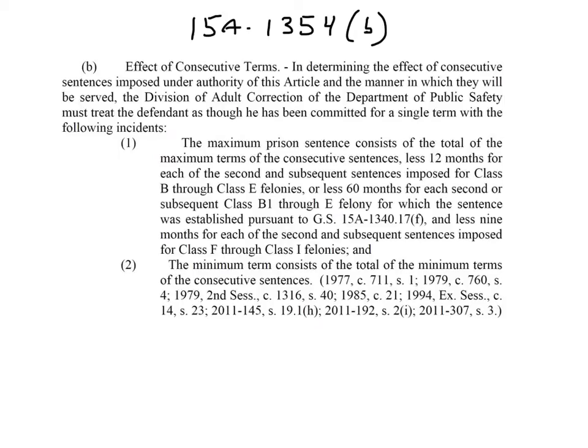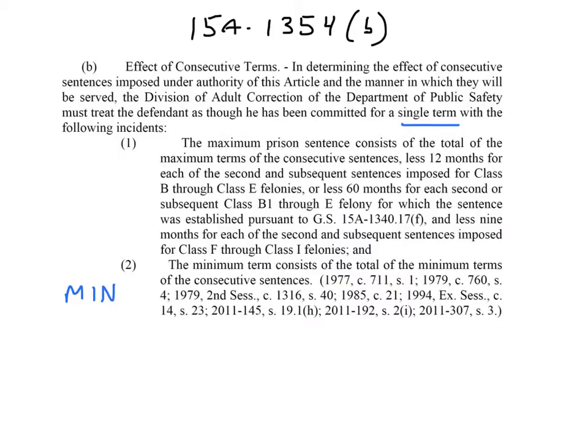It's 15A-1354, subsection (b). So there you see it. And this is the statute that the prison system refers to as the single sentence rule, because it tells them that when a person is committed for consecutive felonies, they get treated as though they've been committed for a single term, with the minimum of that term, we'll start with that because it's a little bit easier, is just the